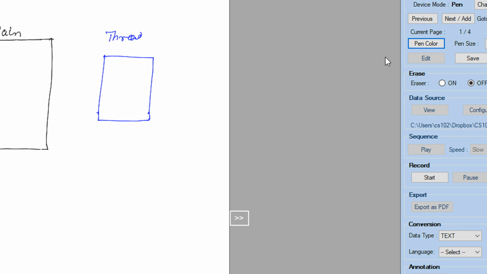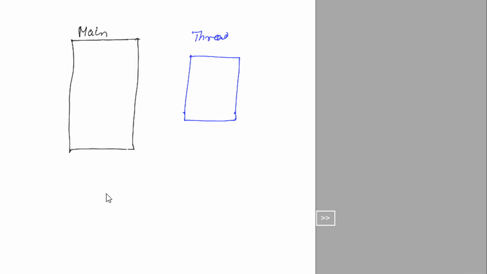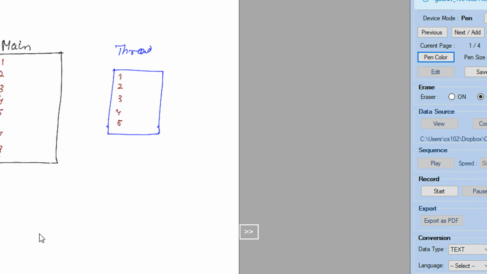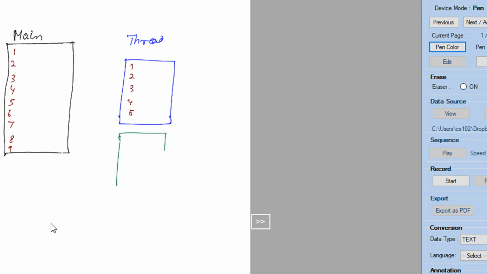And now let us do one thing for ease of understanding. Let us write some line numbers 1, 2, 3, 4, 5, 6, 7, 8, 9, and 1, 2, 3, 4, 5. Assume that under normal execution, and this is a thread, and let me keep another function here. This is a normal function, 1, 2, 3, 4 and 5, to make it uniform. So this is a normal 5-line function. This is a threaded implementation 5-line function.